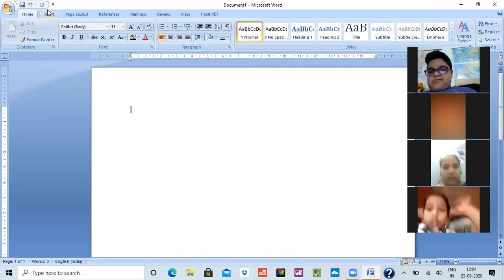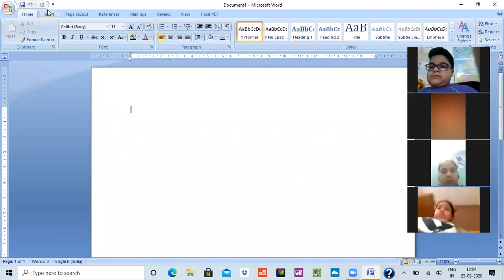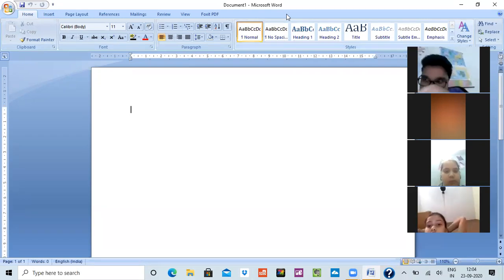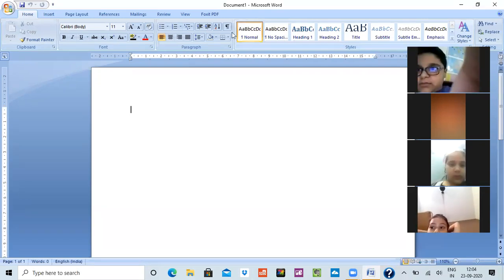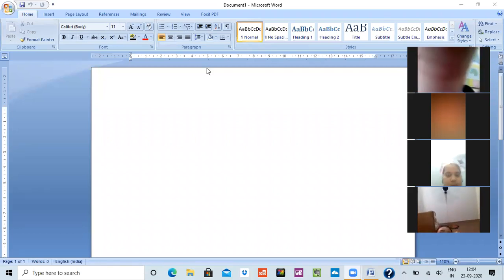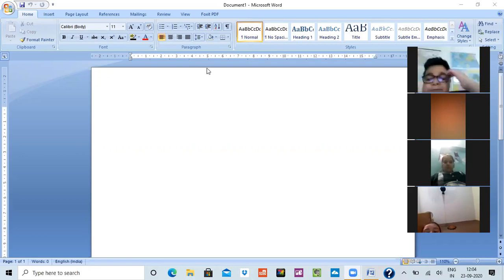After that, the next thing is the ribbon. What is the ribbon? This whole area where ma'am's cursor is moving is known as the ribbon. Archit, check your network connection, because from ma'am's side the voice is going absolutely okay. So the area on which ma'am's mouse is moving is known as the ribbon.